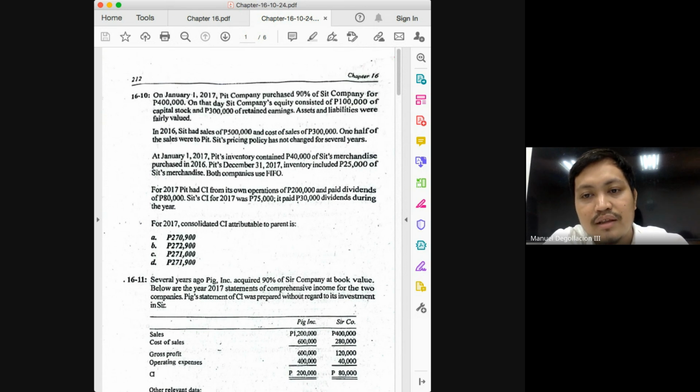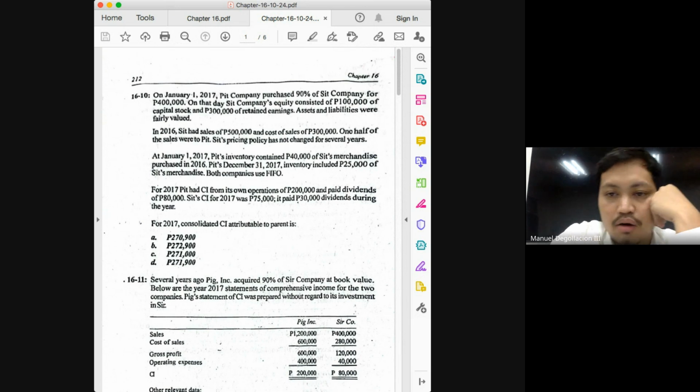And do we have that given in the problem, class? Yes, in the amount of 200,000. What's the second thing we need? The adjusted income of the subsidiary. Okay, to arrive at the adjusted income of the subsidiary, we need the income reported by the subsidiary first. And how much is that, class? 75,000. Okay?